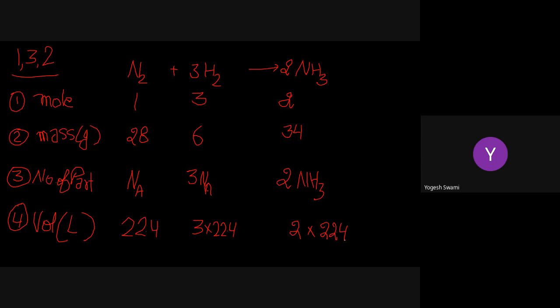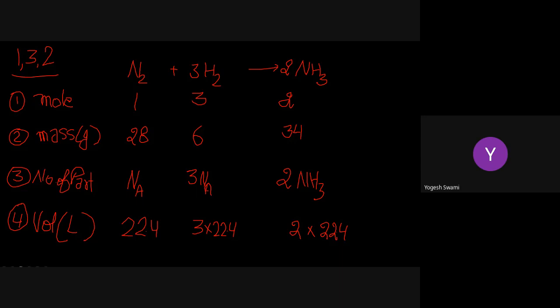These are the 4 major quantities used in stoichiometry-related numericals: mole, mass, number of particles and volume. In the exam, the examiner may give you a quantity in moles and ask for the answer in number of particles, mass or volume. So analyze that numerical smartly. First read it 2 or 3 times and note down for which substance volume is given, for which mass is given, and what is being asked. We should know how to interrelate the quantities.